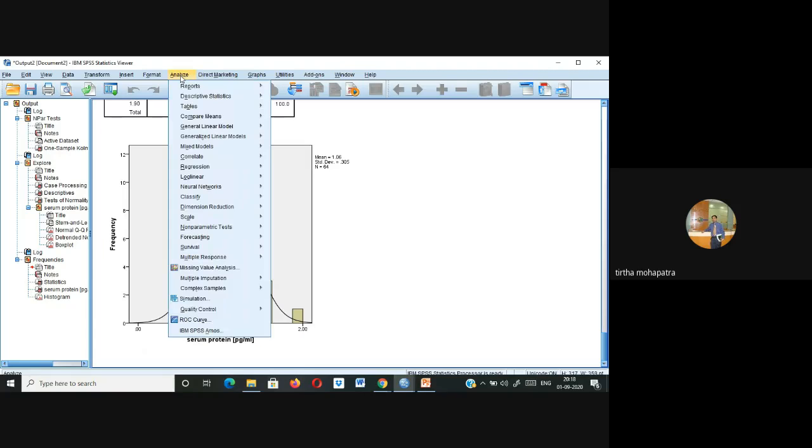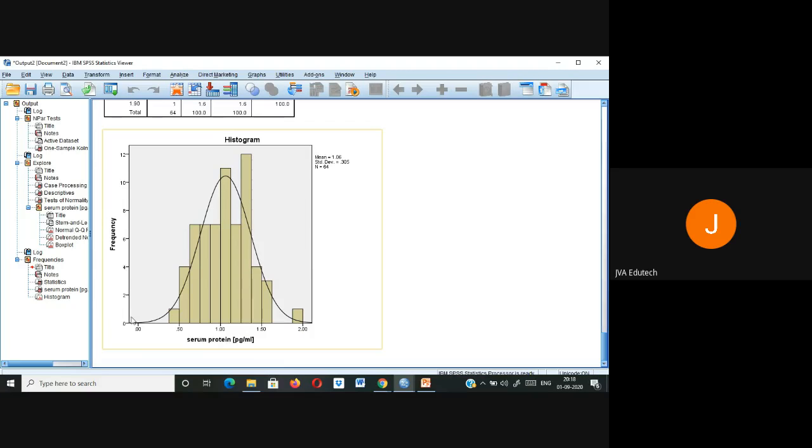This is the overall summary. Now, I am measuring the serum protein in the blood sample. I want to measure whether the males have an equal distribution as compared to females. It might be that on the entire population the serum protein comes up normally distributed, but it could be a case that in males it is normally distributed and in females it is not.